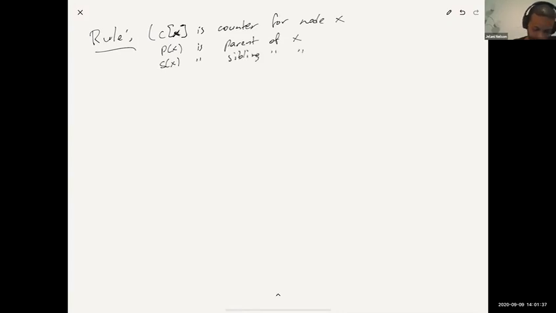Everyone has a sibling except for the root. So what's the rule? The rule is that if the counter of X plus the counter of the parent of X plus the counter of the sibling of X is at most epsilon n over log base 2 of u,